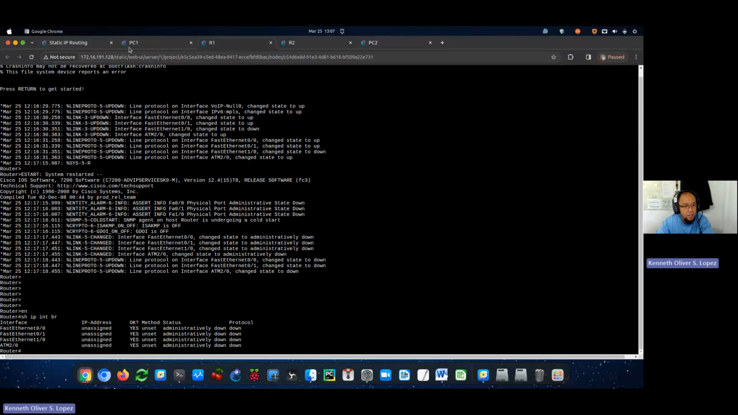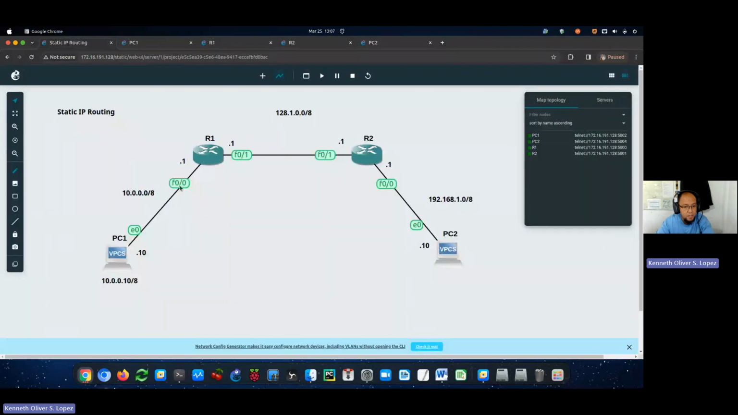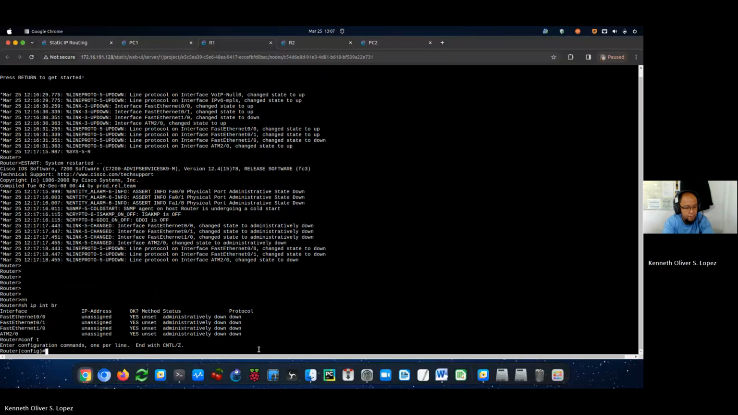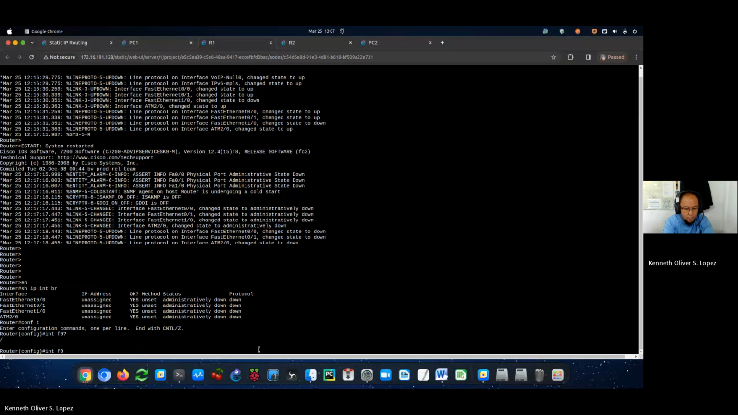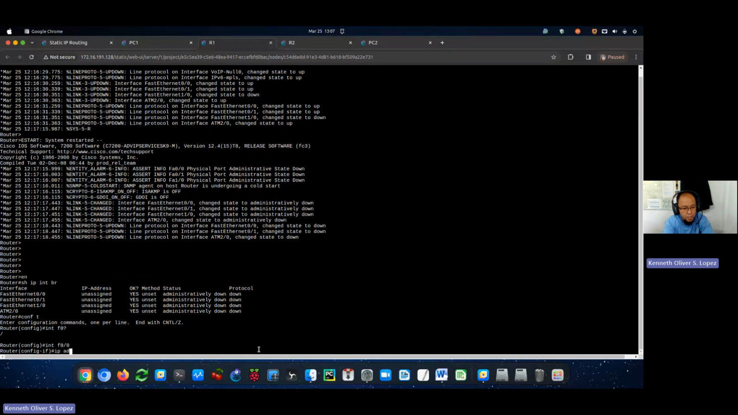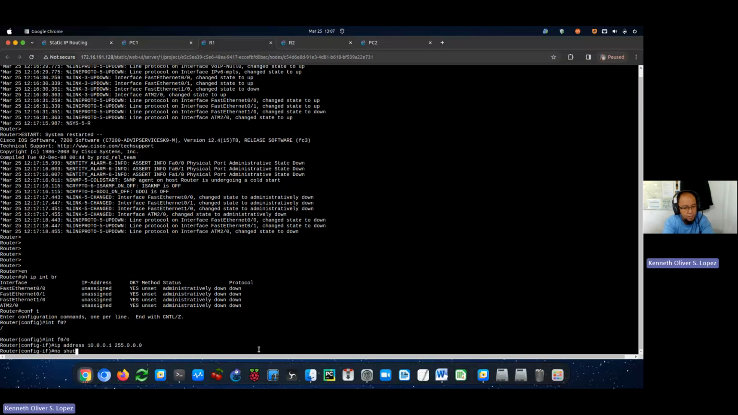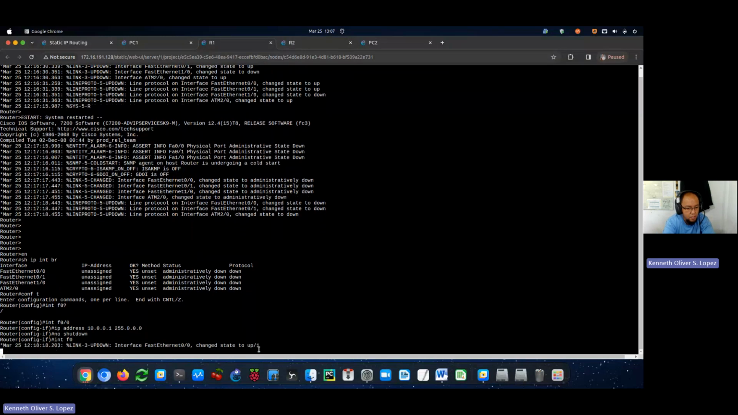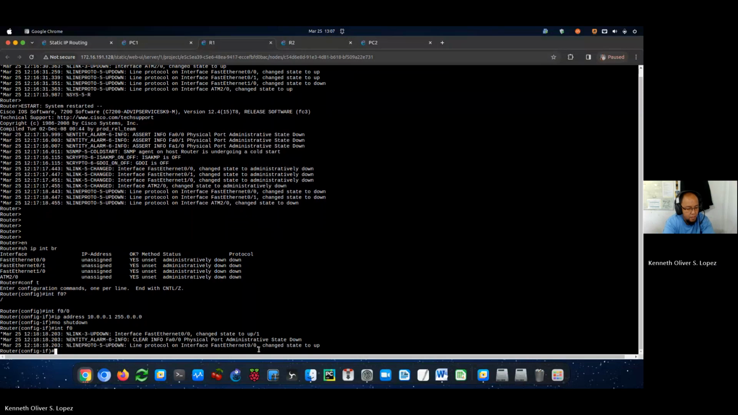Okay? So reviewin natin yung topology. Ang nakakonekta sa F0/0 is the 10 network. So let's configure that. IP address 10.0.0.1, 255.0.0.0. Okay. No shutdown. Okay. Shortcut tayo, interface F0/1. And then IP address is